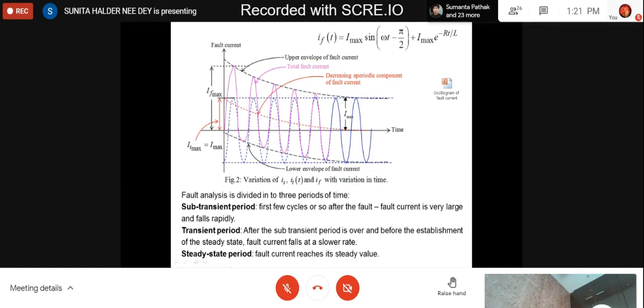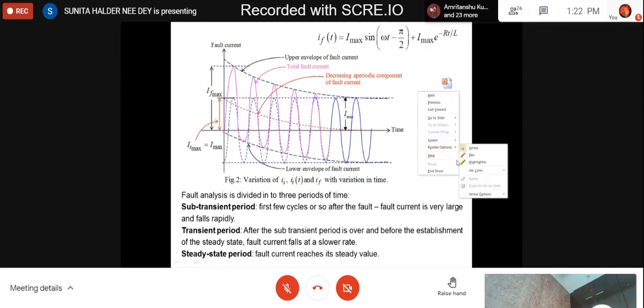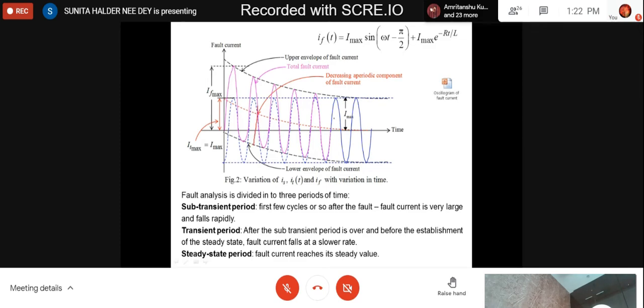During the transient state, the steady state current is there. Along with that, the time varying current, or the exponential component of current, that is the DC component, has not died down totally. It is existing, but at a very small value. For example, for this duration, the value of the transient current is less than 50% or near to 50% of the steady state current, and it is gradually dying down, but the rate of dying down is lesser.